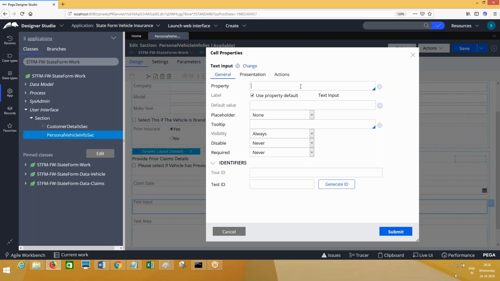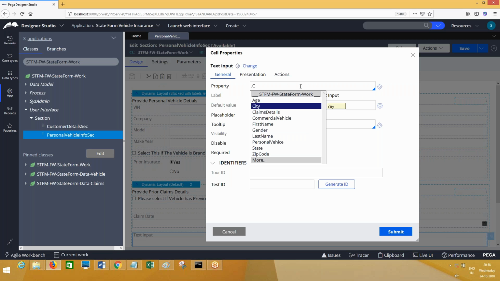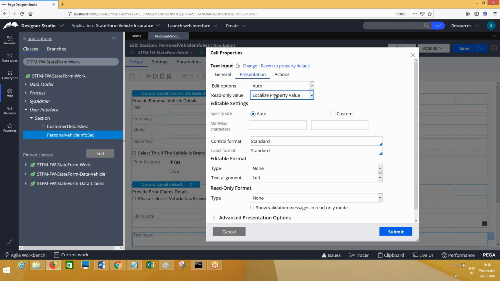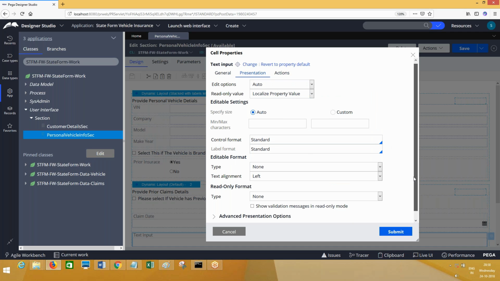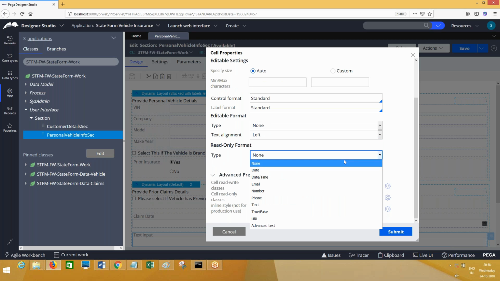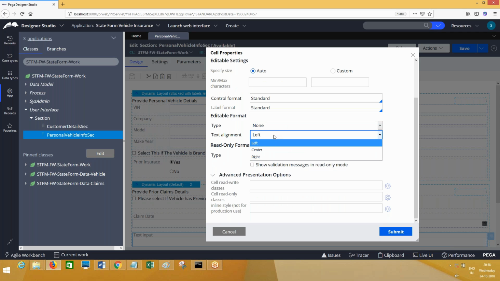Next one is claims details dot claim amount. One second, hang on. Do you have anything related to currency here? Okay, I will tell you later then.